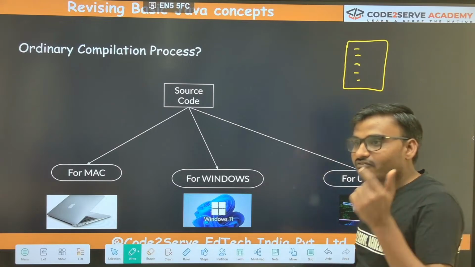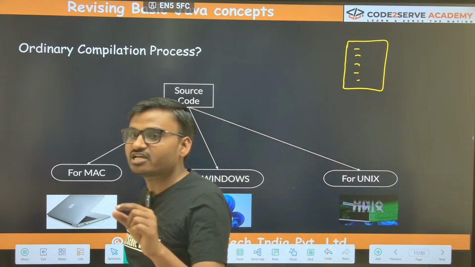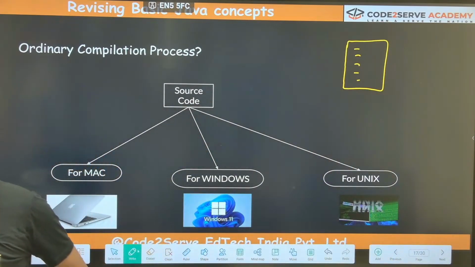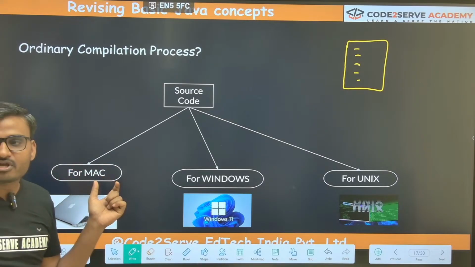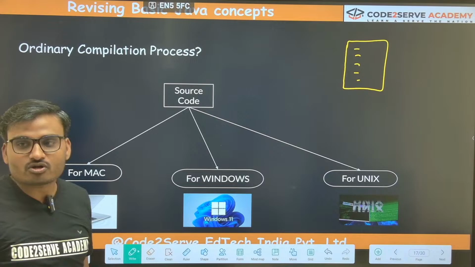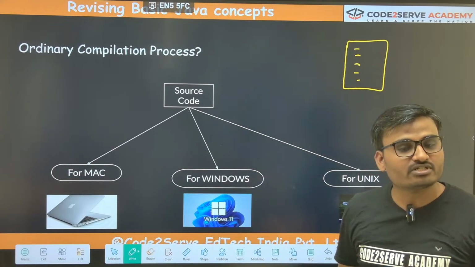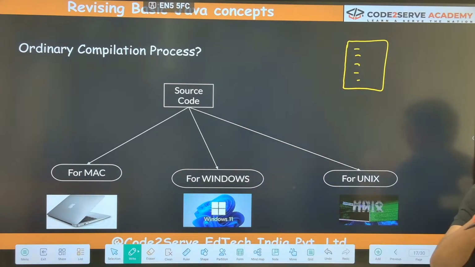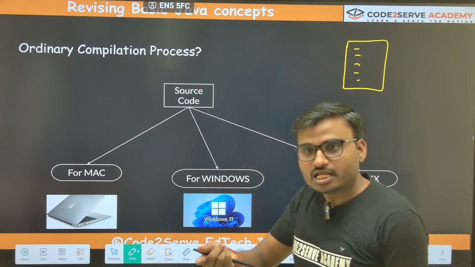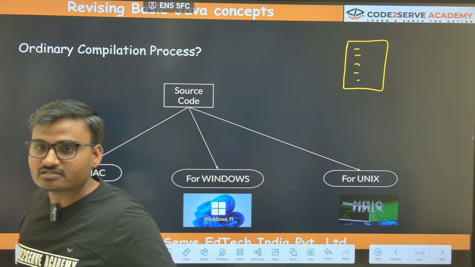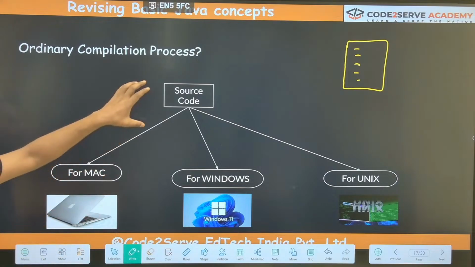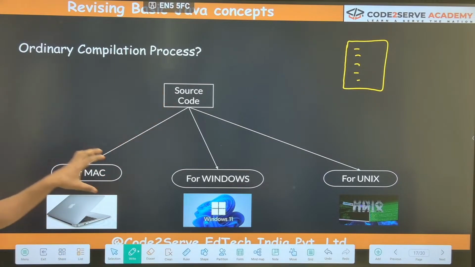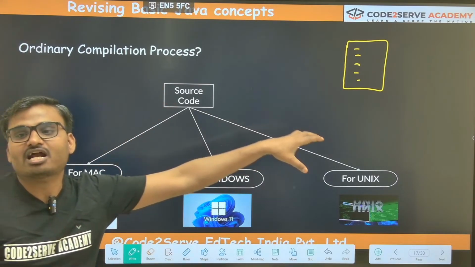For example, you have a Facebook app on your mobile phone. If you are running on Android, it is developed for the Android platform. If you are running on iPhone, it is developed for iPhone. If you run on Unix, it is developed for Unix. So the same code base you are writing for different platforms.